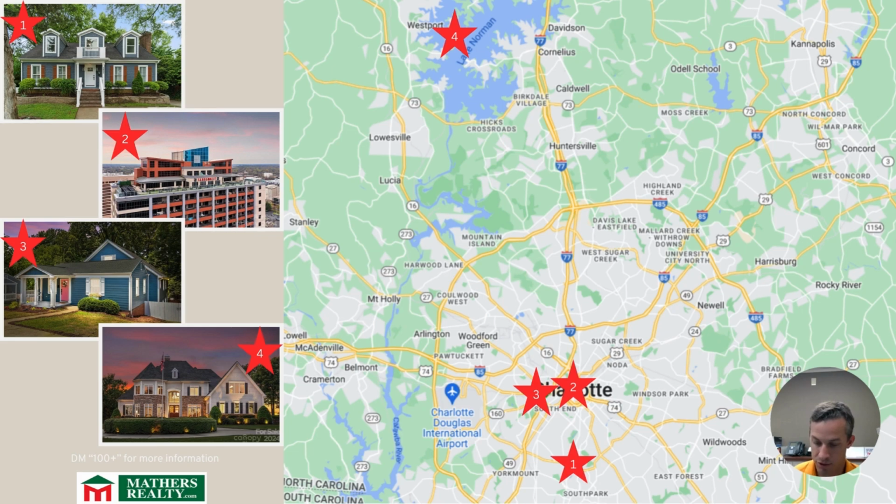Starting things off, modern charm and sophistication welcome you to 3453 Selwyn Avenue. This is our first home that we're going to look at that's over $1 million. 4 beds, 3.5 baths. Not only can this location not be any better, there's also a walkout basement with an entertainment room, a deck overlooking a private backyard, and 3,200 square feet to call your home. Next up,